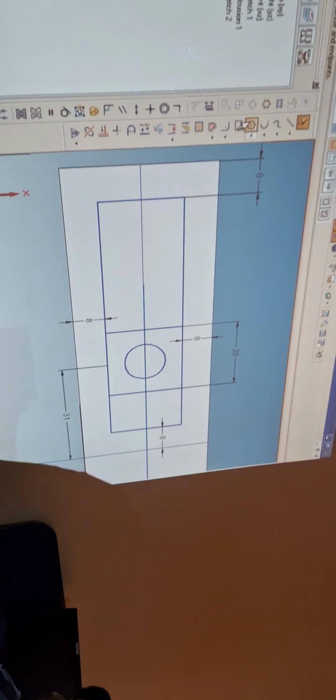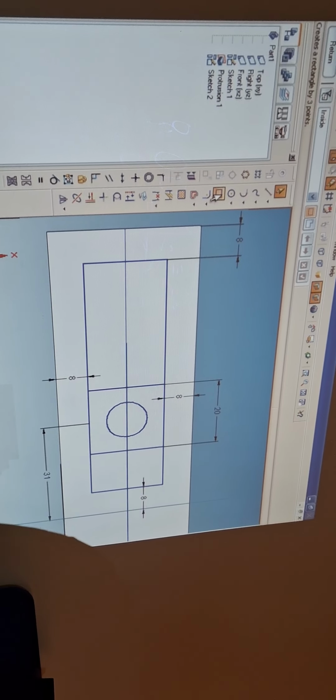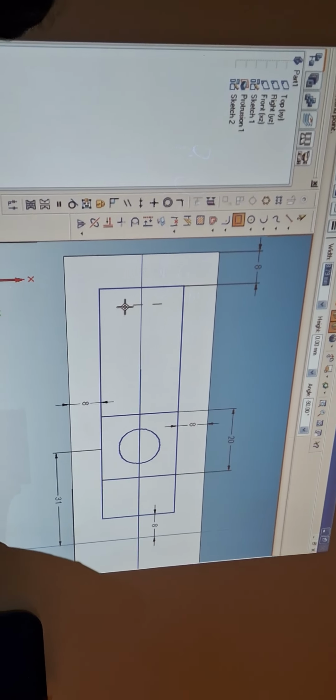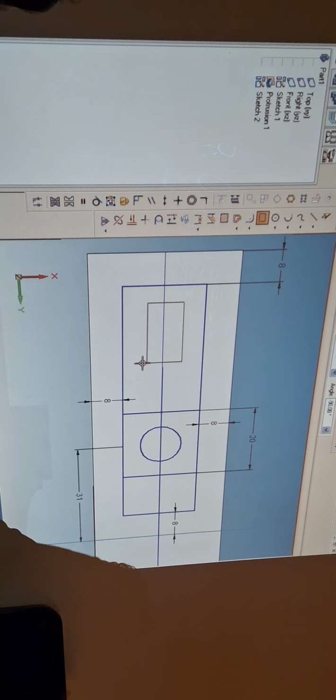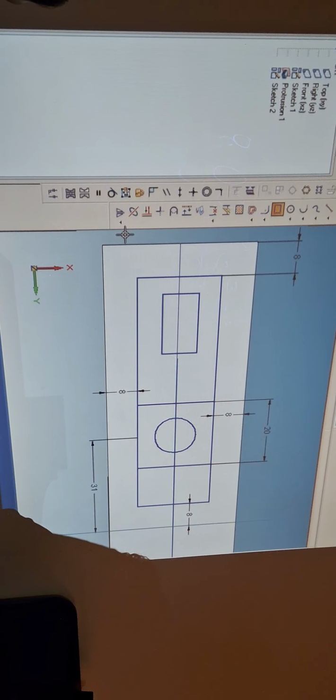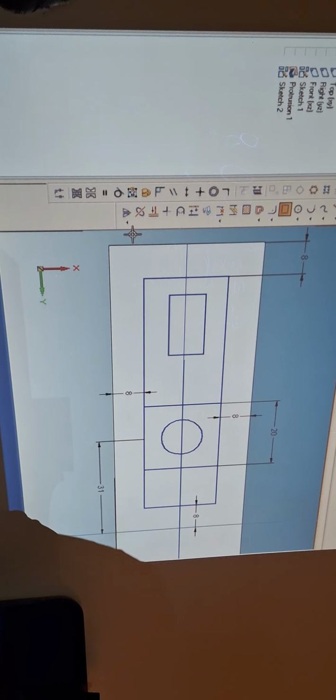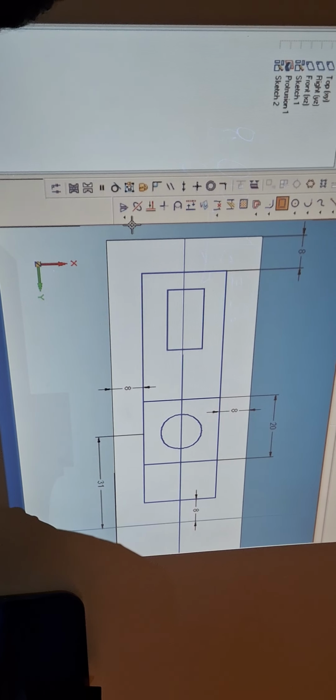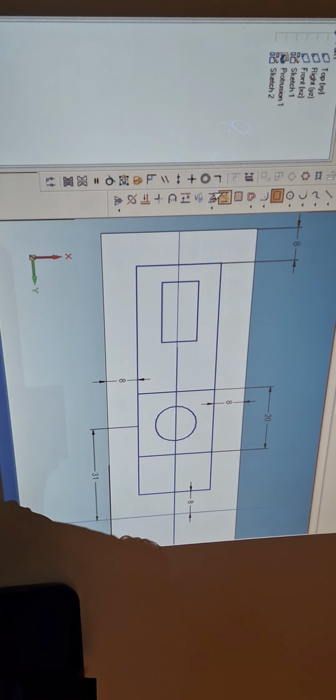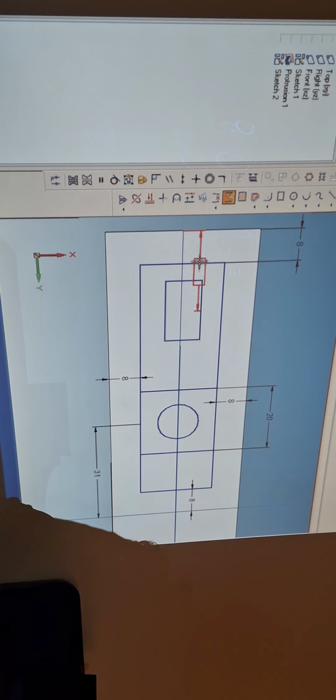Can you able to see that? Yes, sir. So approximately I will go for here. I will draw an approximate profile like this. Rectangle. Okay, rectangular shape, because you have to make it on either side. And what is the width of that? It is given radius 5. Can you able to see the right side? Yes, sir. Radius 5.